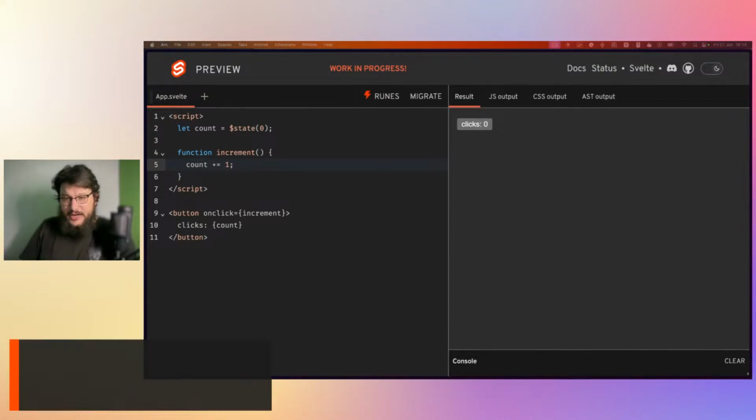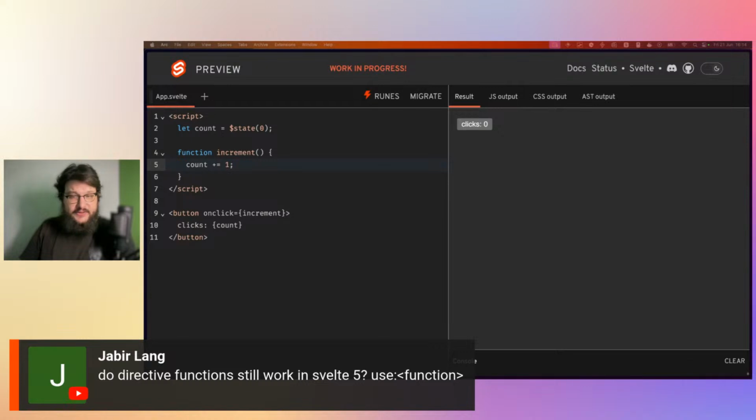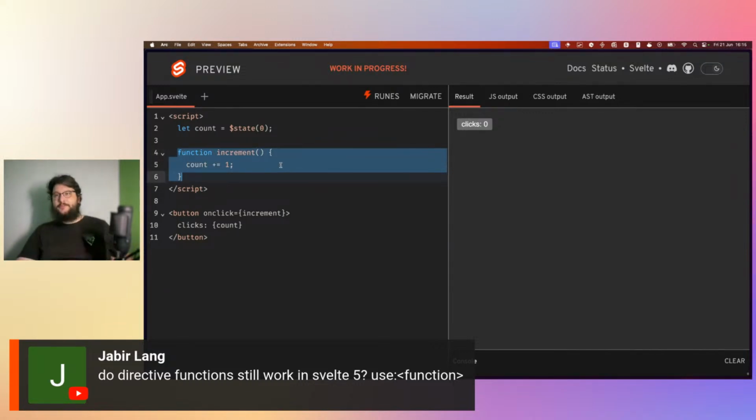Do use directive functions still work in Svelte 5? Use function? Yes, they absolutely do. This is also some interesting bit, because usually an action works like this. So let's say